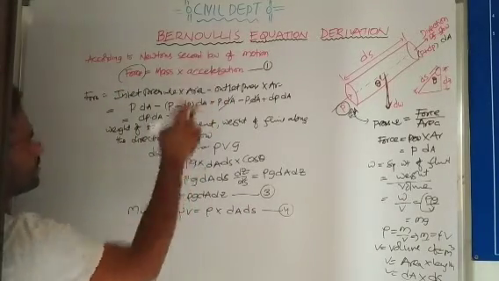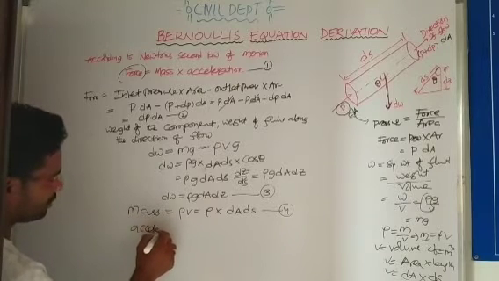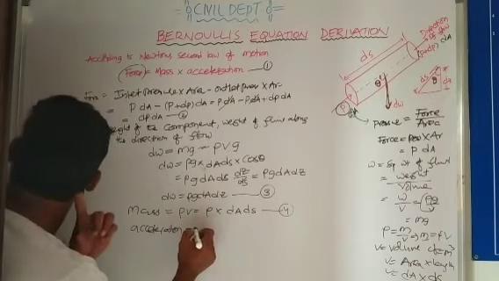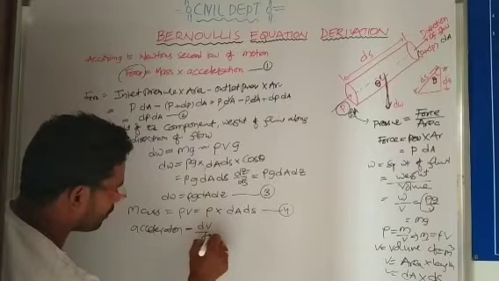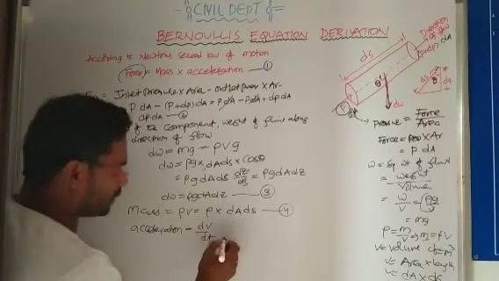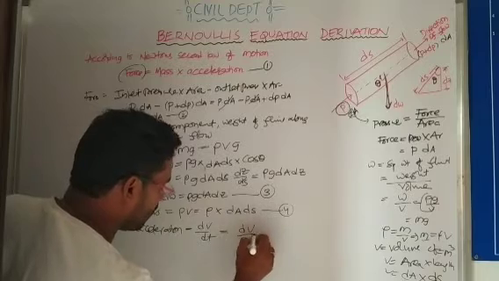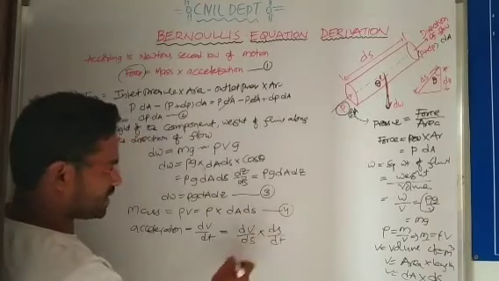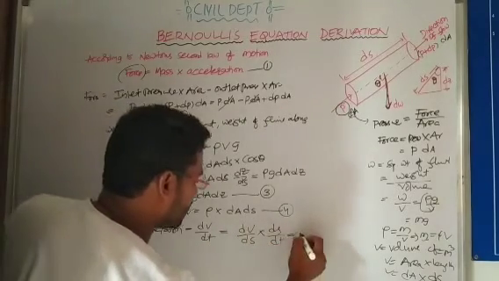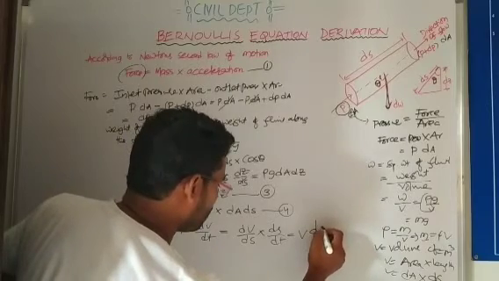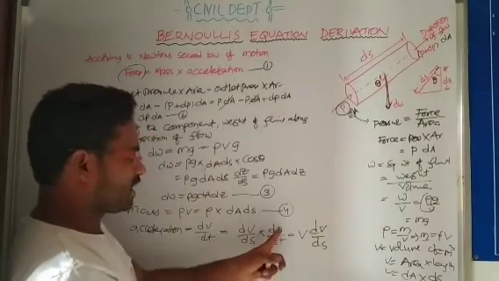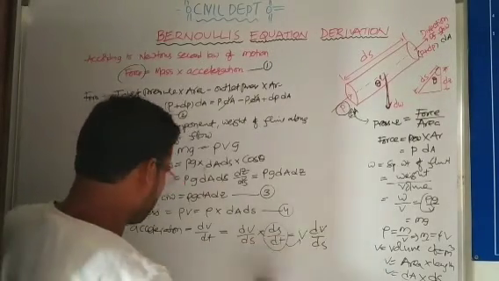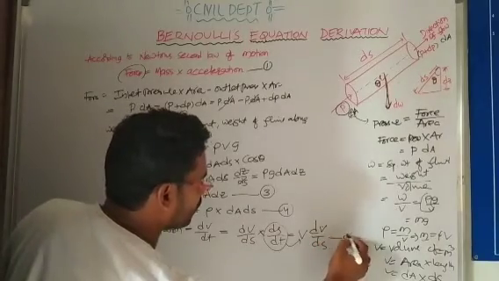And coming to the last one, acceleration. So what is acceleration? Acceleration is dV by dt, velocity with respect to time. So you can write it as dV by ds into ds by dt. Distance by time is velocity, so ds by dt you can write as v. So v dV by ds is the acceleration equation. This is equation number 5.